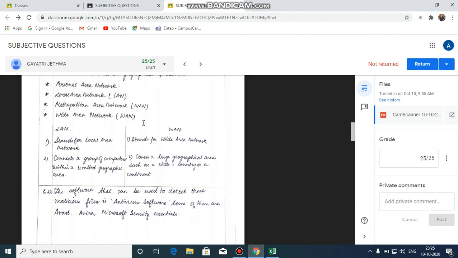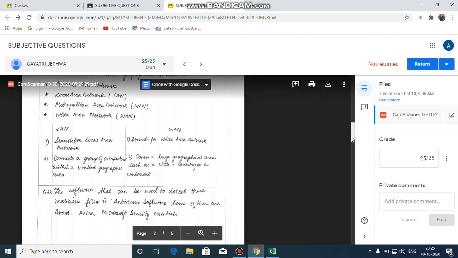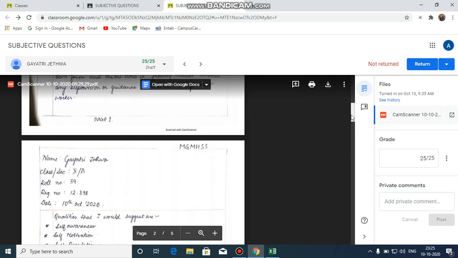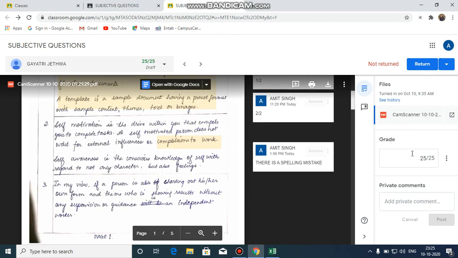And after having all the corrections, we will again check and verify that the total marks which we have provided over here and whatever is there in the Excel sheet must match.